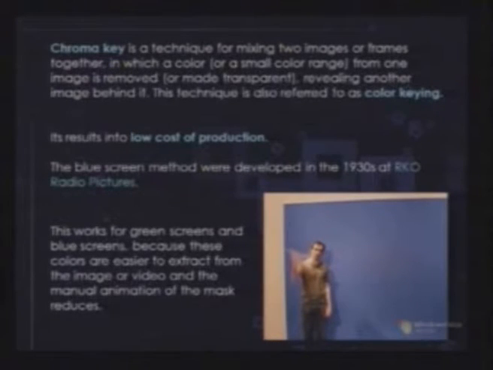Now, chroma key is a technique used for the same compositing process we've been talking about. It is used for mixing two images or frames into one single image by removing a particular color tone. As in the image down here, there is a blue colored environment in front of which a person is standing. This blue screen is known as the chroma screen, which can be removed later on.